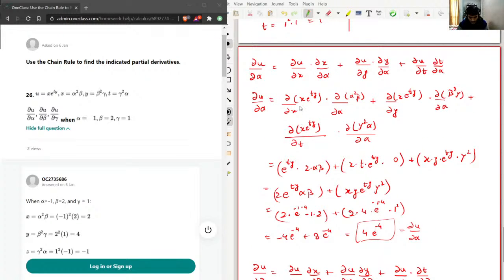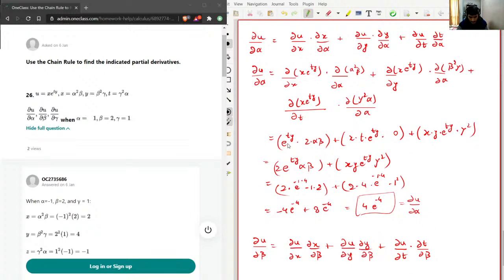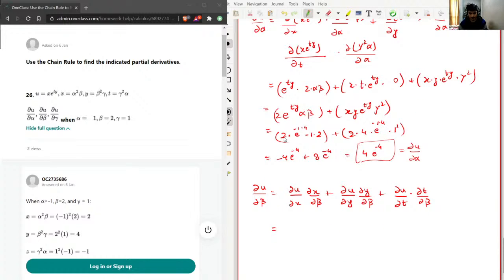So del u over del x was e power ty. Then it is del over del beta of x, which is alpha square beta, plus this was x into t into e power ty,